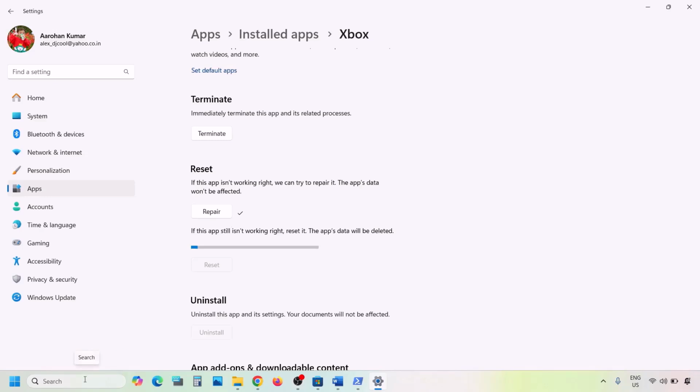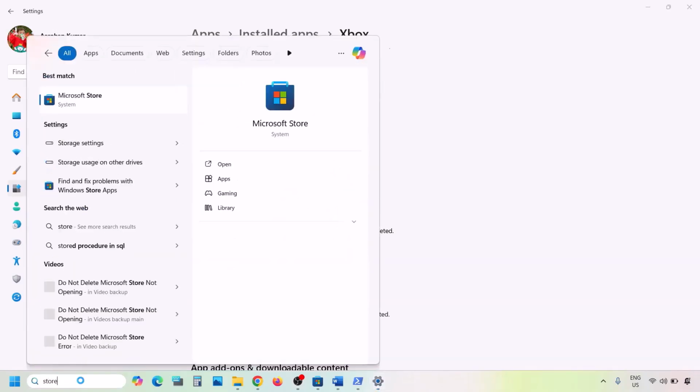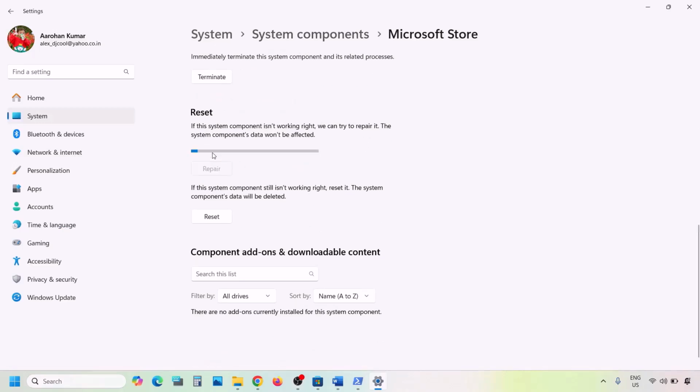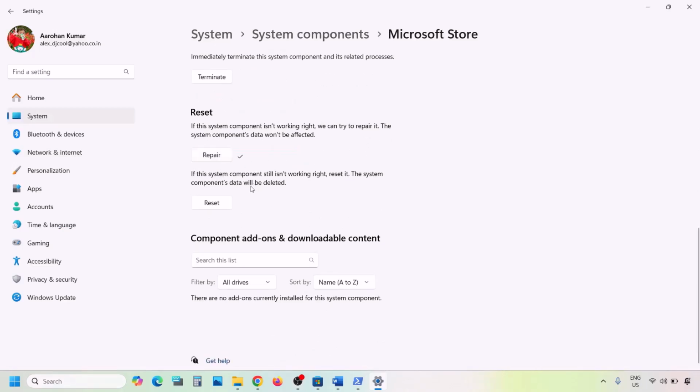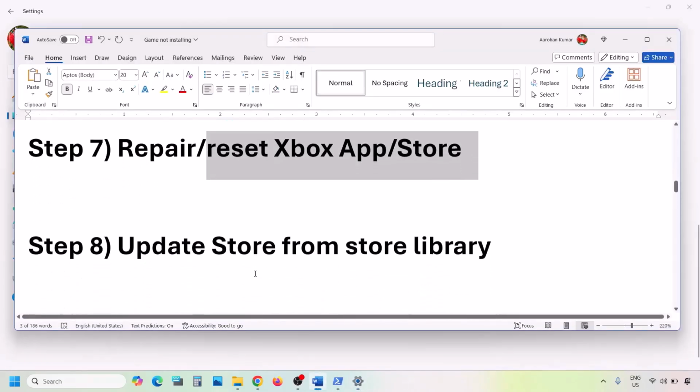do the same thing with Microsoft Store. Type in Store in Windows search box, right click on Microsoft Store, click on app settings, and do the same thing over here. Click on repair, and once the repair is done, you can check. Still facing the problem, you can reset, and after the reset you can check. If you're still facing the problem,